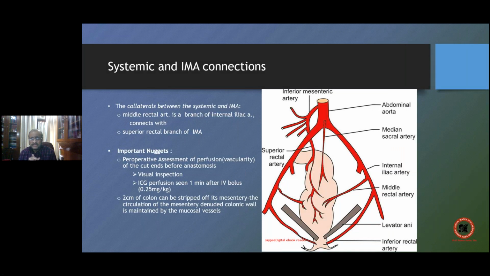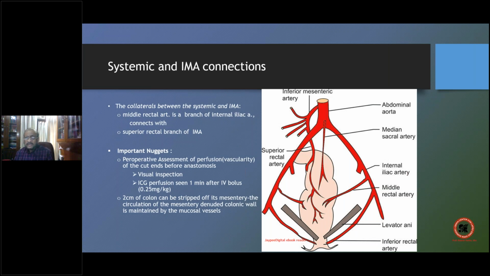The connection between the inferior mesenteric and the systemic is through the middle rectal artery. The superior rectal, the terminal branch of the inferior mesenteric, and the middle rectal artery. This anastomosis maintains circulation between the systemic and the inferior mesenteric artery. Right? Now, an important nugget that you have to remember is that whenever you're going in for any kind of anastomosis